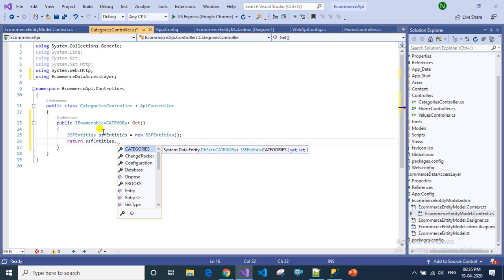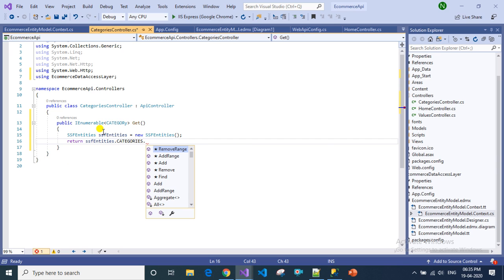I want to get data from categories dot ToList. Once this is done, you are good to go.